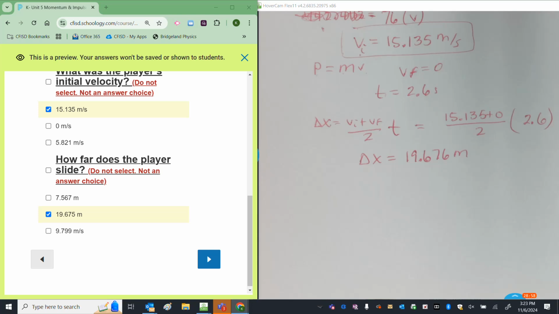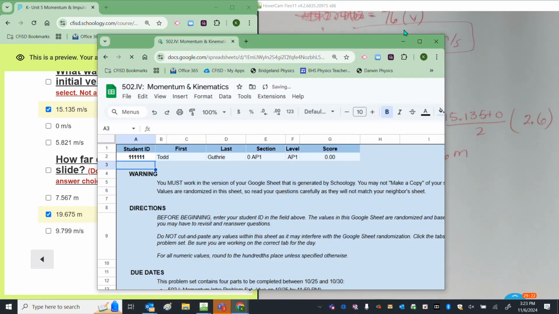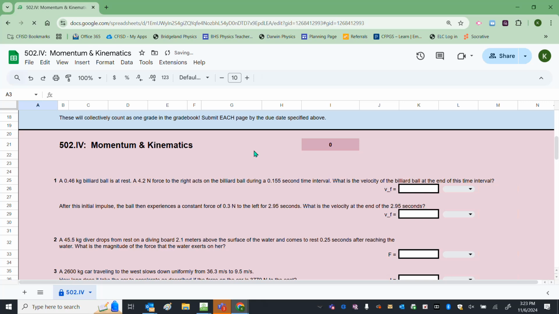All right, I was going to show you the other ones that I was talking about. If I can find them. Okay, I found it. It's in 502.4. Come on. Let me type an ID in just so we can look at it. Okay. So inside of 502.4,